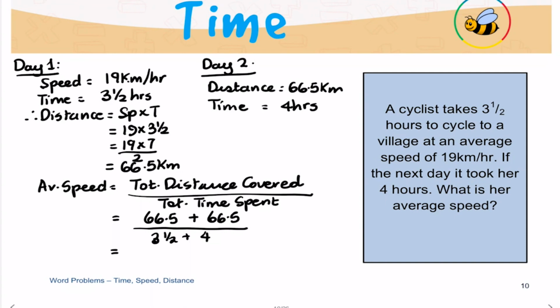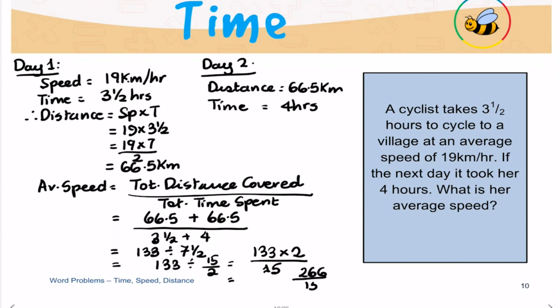So the average speed will be 133 kilometers divided by 7.5 hours. That will give us 133 divided by 15 over 2, which is 133 times 2 divided by 15, and we can work through the arithmetic together. So 133 times 2 will give us 266. If you divide this by 15, 15 will go in here once, leaving us with